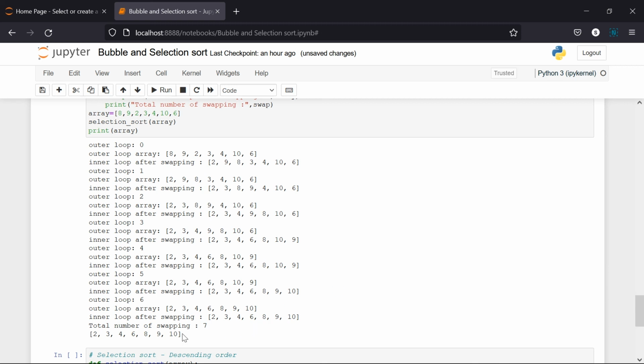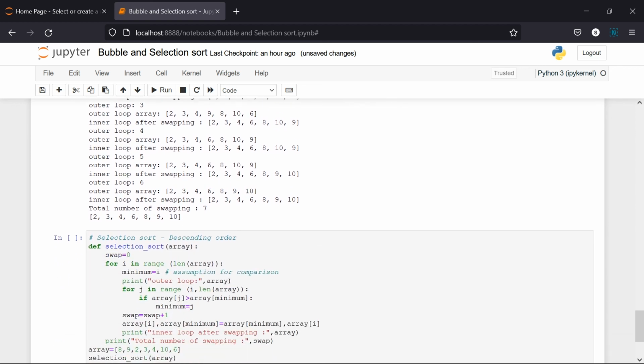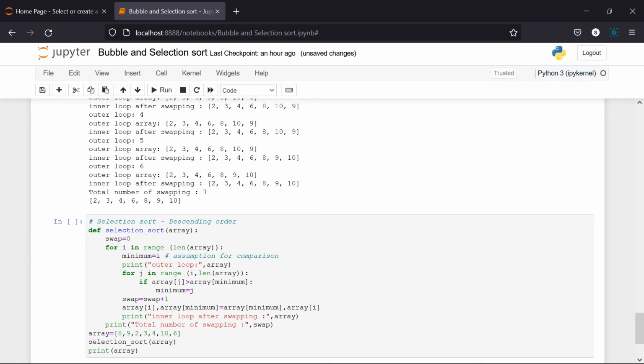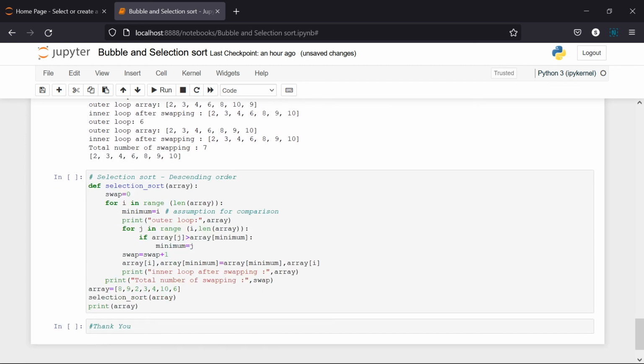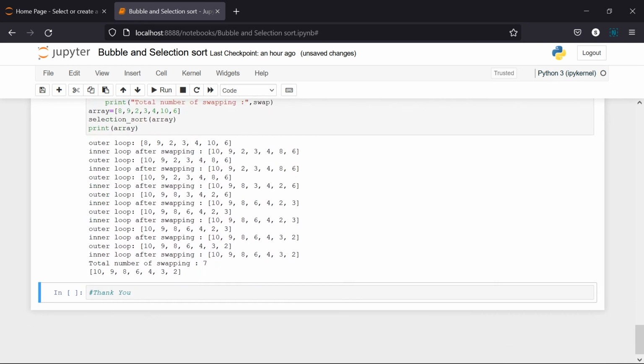At last we are going to print it. If you want to make it descending order, you know the small change you are going to make, right? While comparing, you change the sign of it. You just change the sign, and you swap whenever it is needed. You can check whether that is running also. So it is also going to run. So the total number of swappings we are going to have. Like this, we can swap our elements.